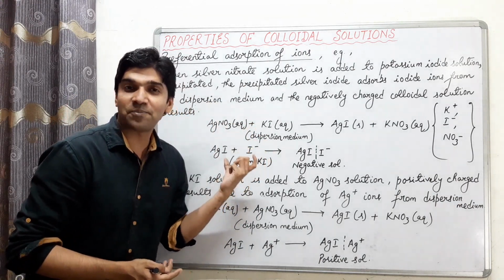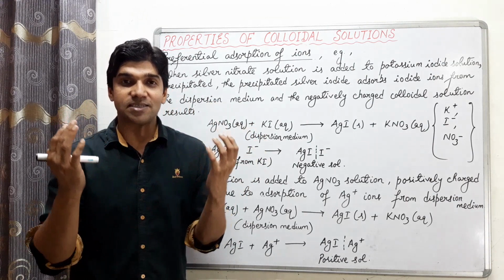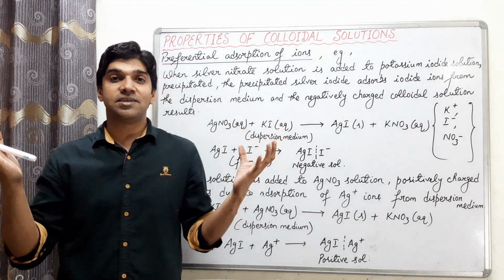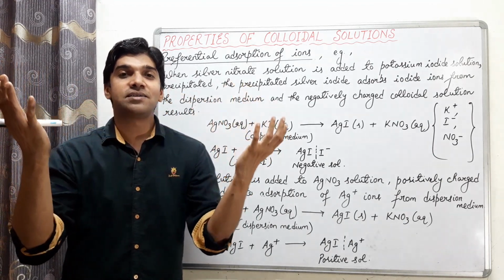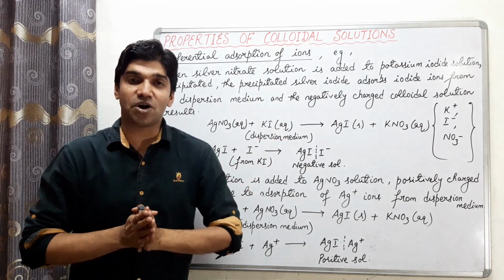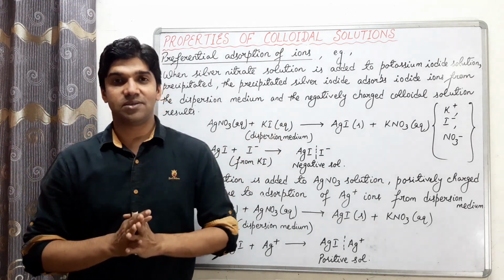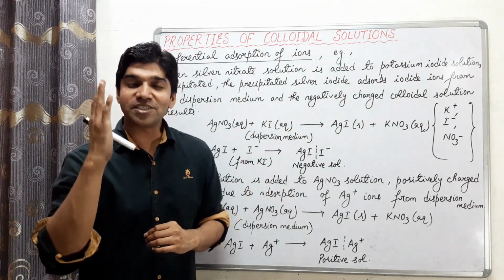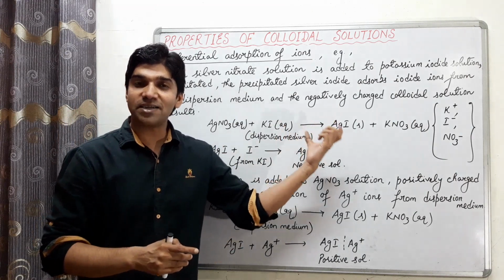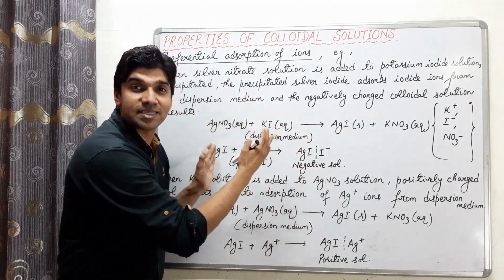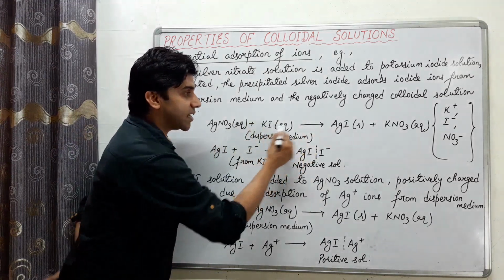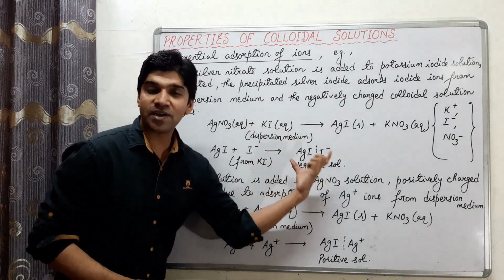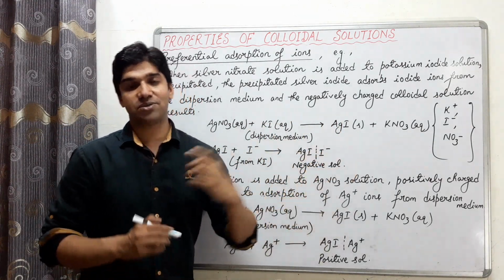Iodide ion from the potassium iodide, and thus the PPT will get split up into small particles and get dispersed throughout the dispersion medium, and we have formation of colloidal solution. So in this case, the PPT silver iodide will absorb which ion, which is common to the colloidal particle from the dispersion medium. In this case, the common ion is iodide ion. And by acquiring iodide ion, we have formation of negatively charged sols.